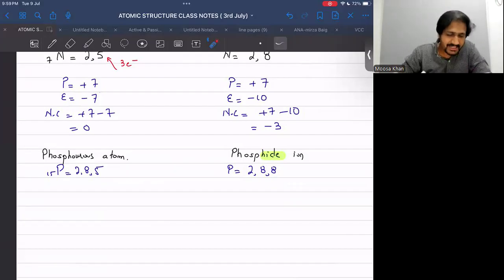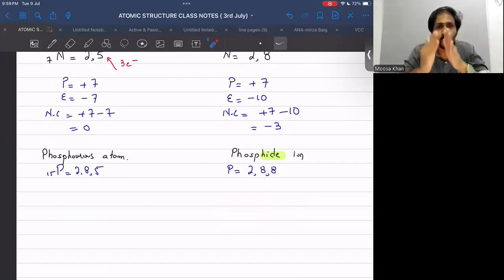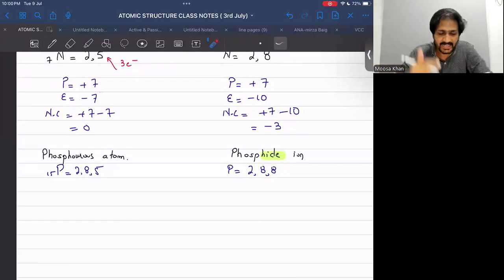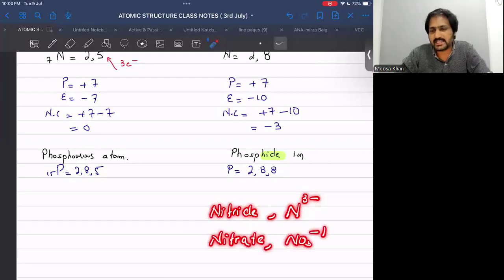Abdullah, nitrate is something else. Nitrate is not a single atom, it has multiple atoms, like NO3 -1 is a nitrate ion. अभी हम बात कर रहे हैं सिर्फ उन एलिमेंट्स की जो periodic table में प्रेजेंट हैं, सिर्फ सिंगल एटम from the periodic table, ठीक है अब्दुल्ला। तो हमें कैसे पता चलेगा whenever we have to write a nitrate ion or nitride ion, जब IDE in the end है, it means we are dealing with a nitrogen atom that has formed an ion, but if it has written nitrate ion तो वो फिर हमें याद करना पड़ेगा, जो हम आगे चल के याद करेंगे,